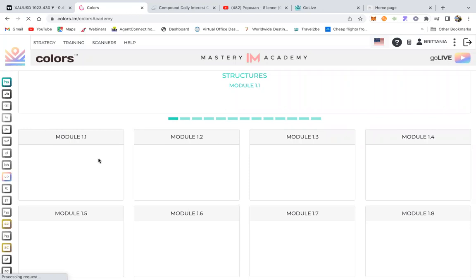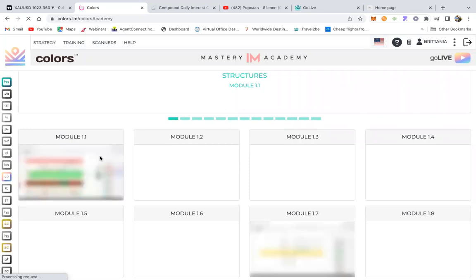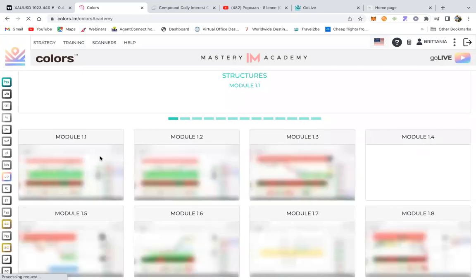It took me a while, and bear in mind, for some of you that don't know, when colors came out, it was the same day my dad passed away. I could have learned it quicker, but I wanted to take my time because I was still going through grief. So you guys that are coming in now, you're actually getting the blueprint from somebody that's been a guinea pig.